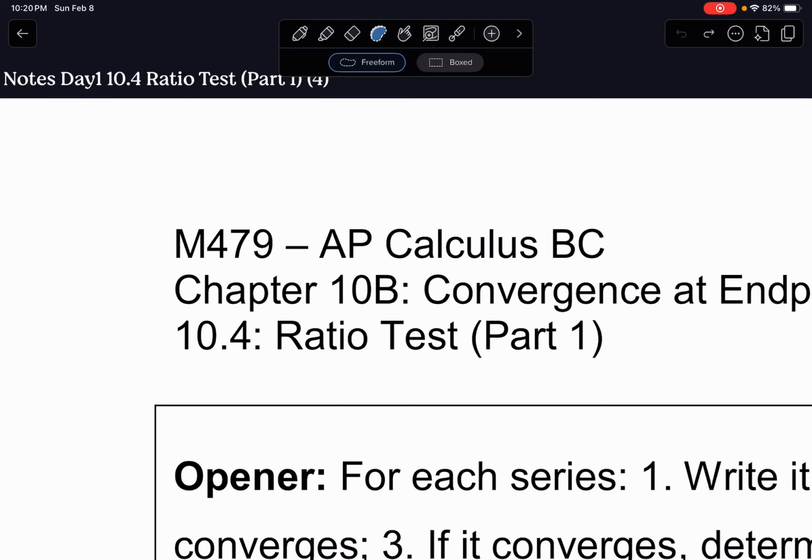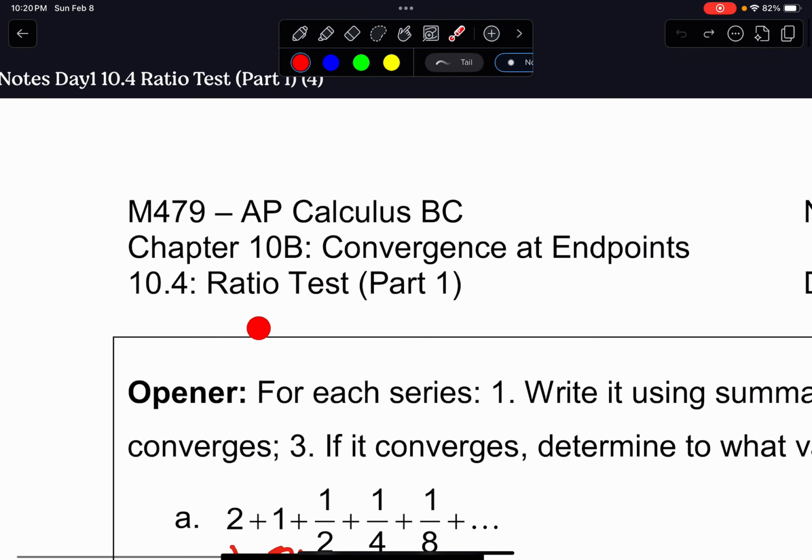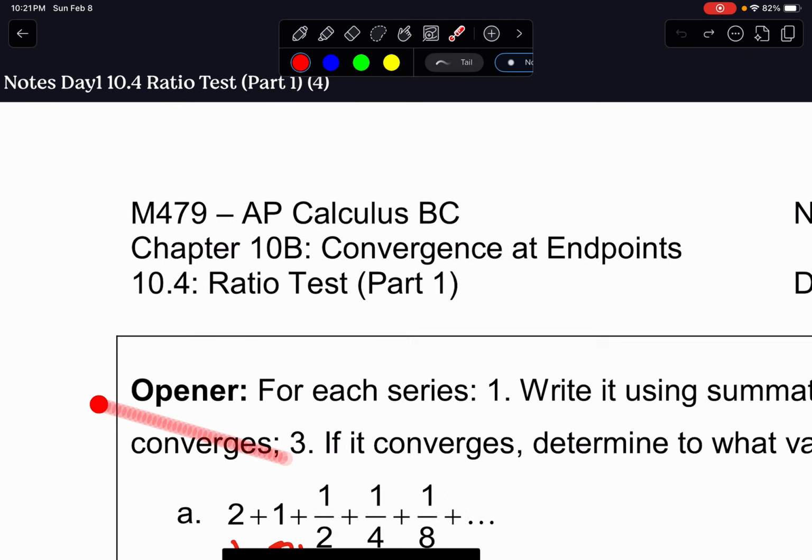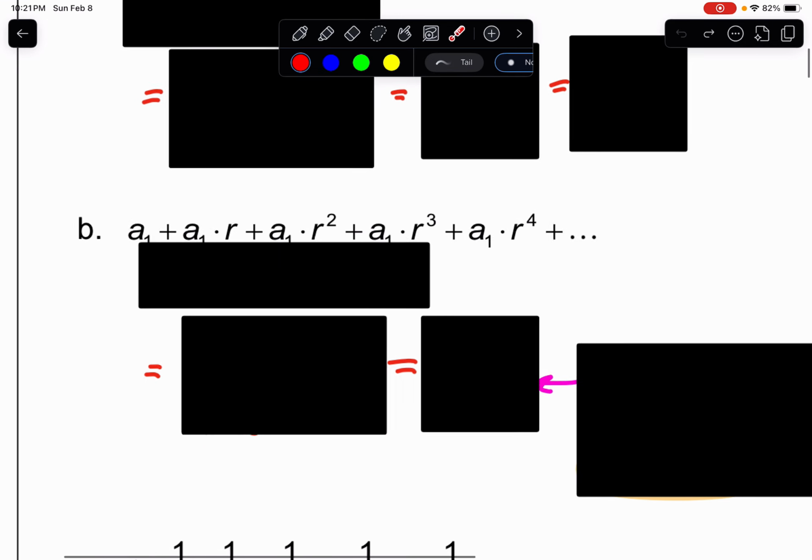Hi, everyone. Today we're going to start Chapter 10b by focusing on something called the ratio test. However, before we get to that, let's talk about Chapter 10b in general. We are focusing on the idea of converging series. If you recall, a couple chapters ago, we talked about whether an integral can converge, and we used things like the p-test. This chapter is kind of similar to that, except we're going to be talking about whether a series can converge. And so we're going to start with the opener, part B here,